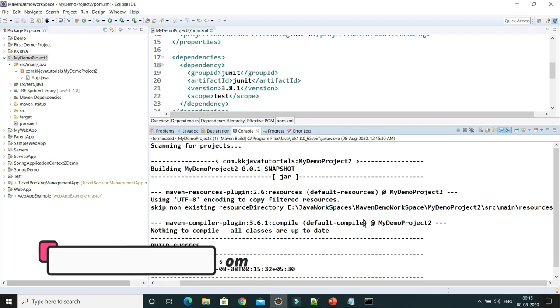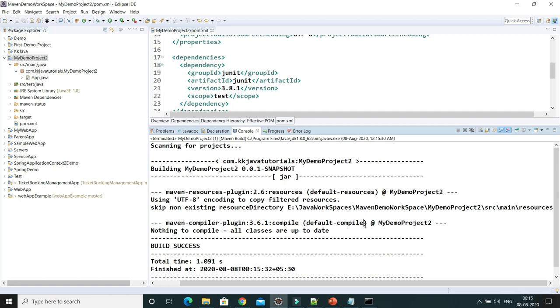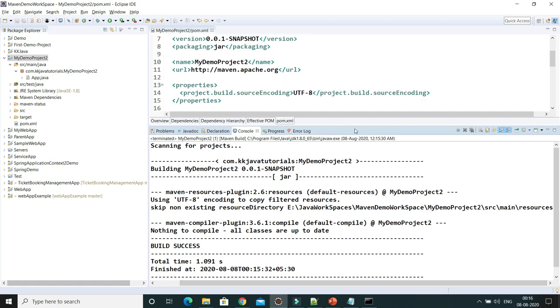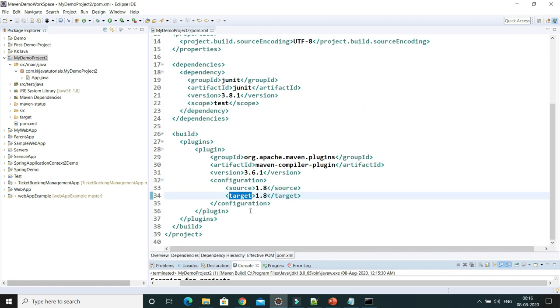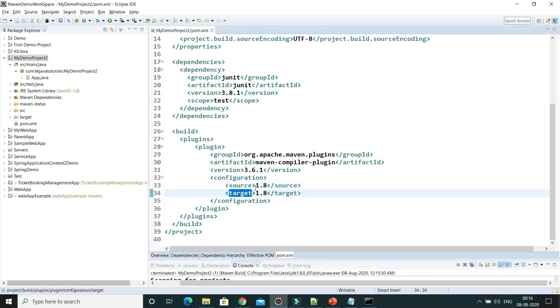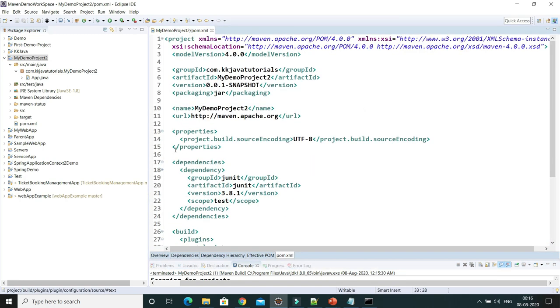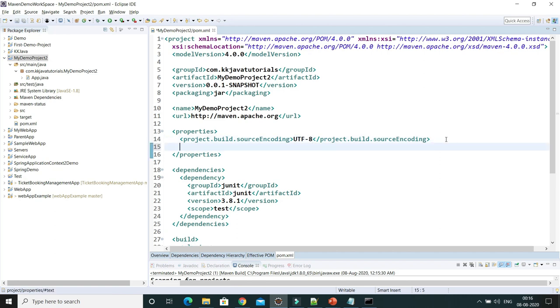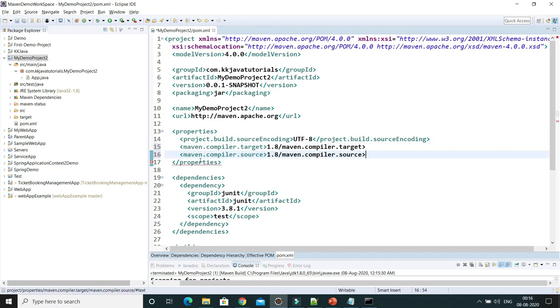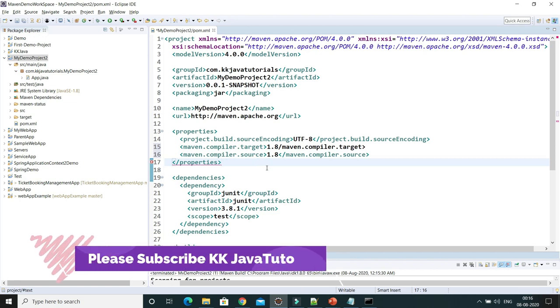Now there is some more customization we can do in the pom.xml. The source and target JDK we have hard coded. What we can do is configure these inside the properties tag. Sorry guys, there is a tag mismatch.